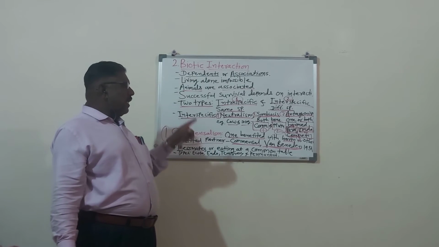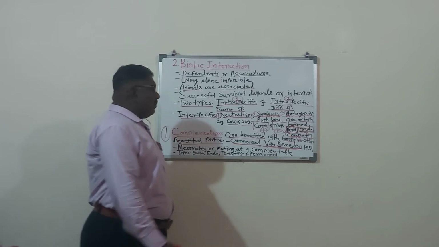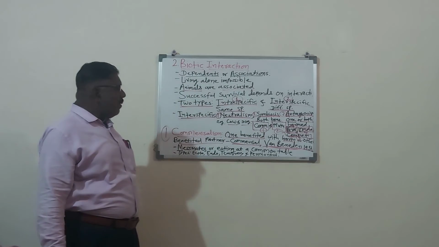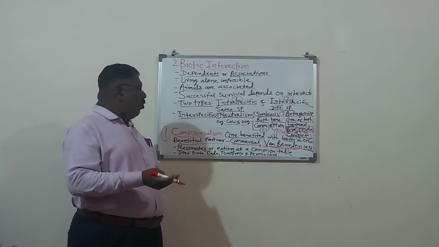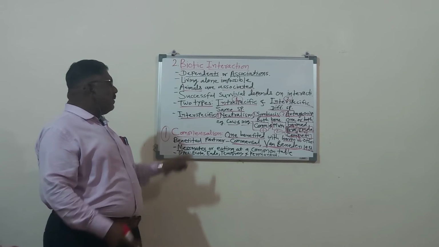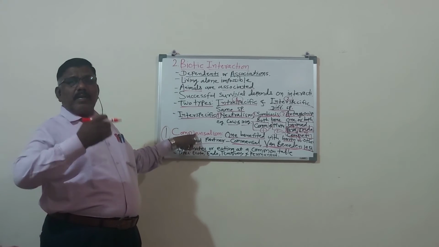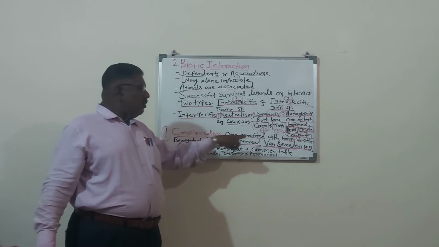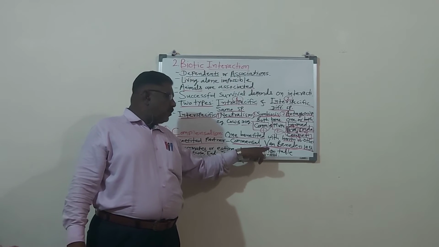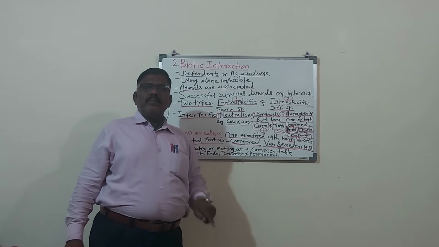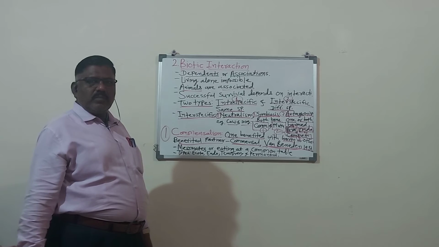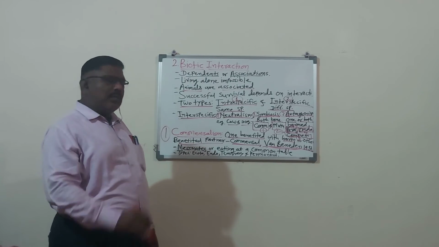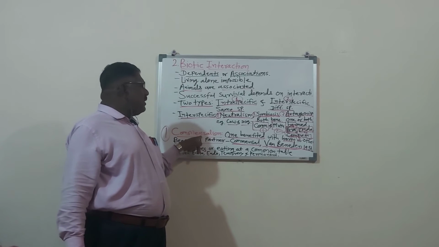And what is commensalism? The definition was given in the year 1951. Remember, there may be an MCQ: who gave the term commensalism? In 1951. So there may be four options. One option is correct, that is Van Beneden. Three options are false. So remember, there may be an MCQ asking who first gave the term commensalism